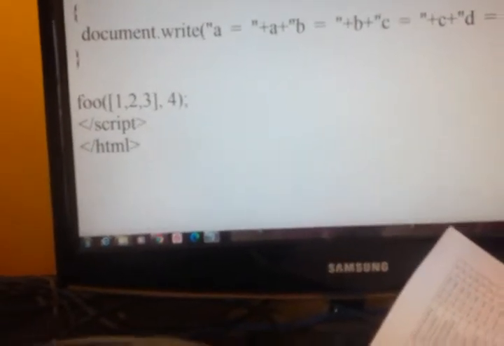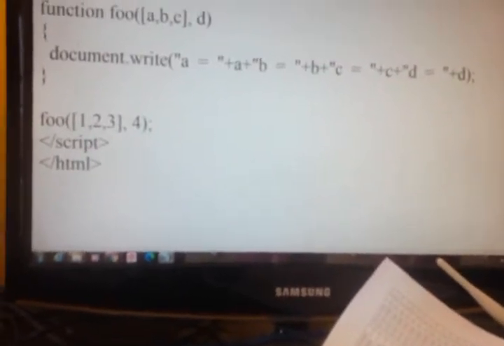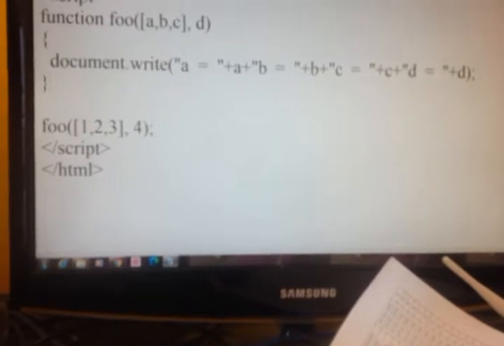So we are printing A, B, C, D. The function definition contains this.